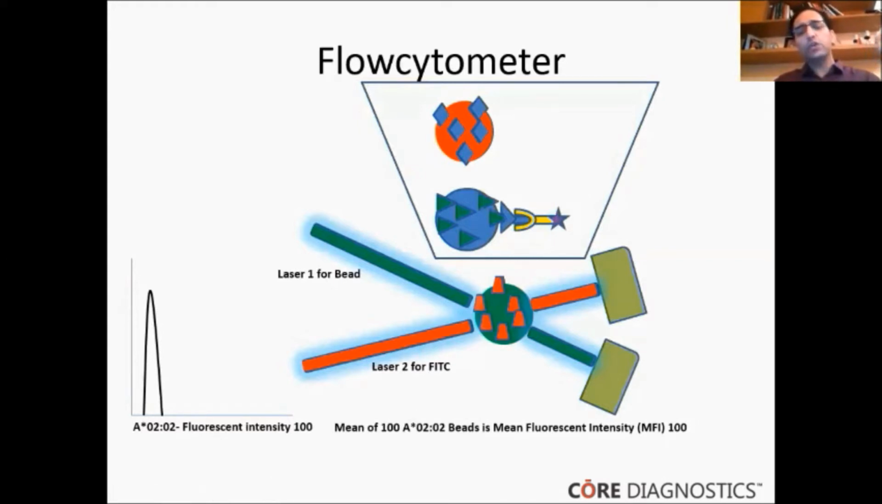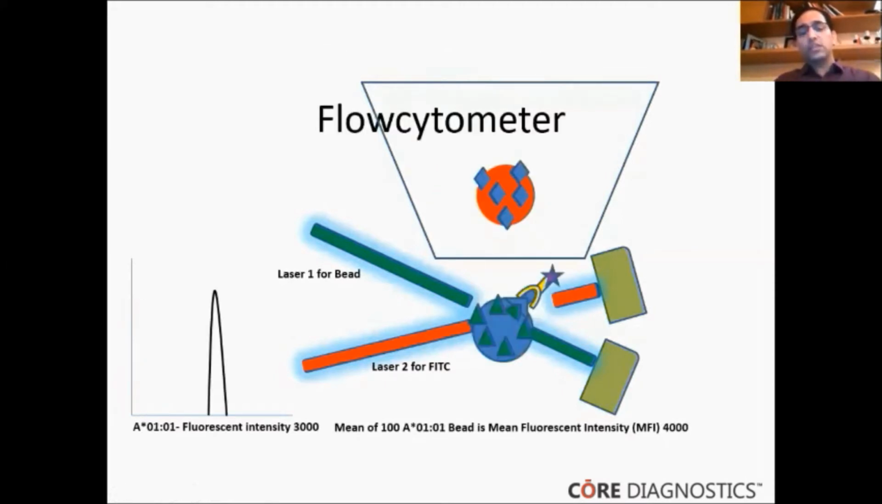So like A0202 would have like 150 beads, and the flow cytometer will try to capture at least 100 of these events for A0202 and then give you the mean intensity. So the mean intensity for this is 100, and then you have this curve that comes up at the end of the results. So then the next one bead that goes through is the one that has the antibody, IgG